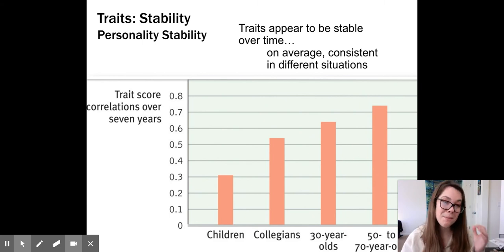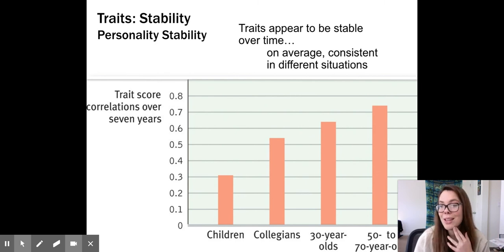For example, my Nana is a chain smoker, and my mother keeps telling her she needs to change. But she has her personality. This is who she is. She's 89 years old, so is she really going to change now? It's like the saying, you can't teach an old dog new tricks. Again, our traits stabilize over time.